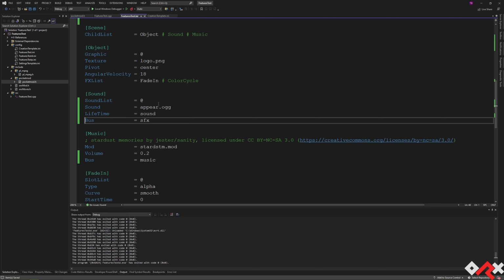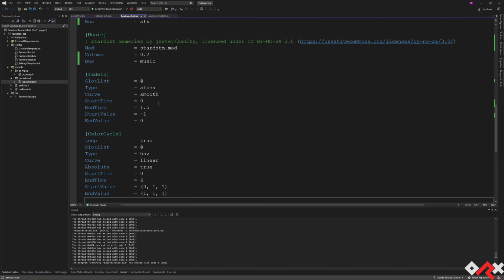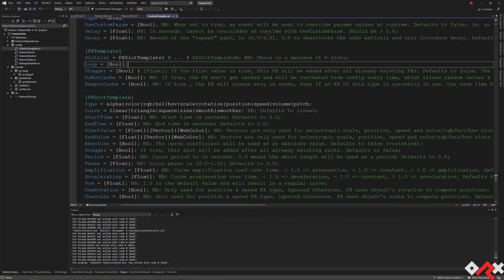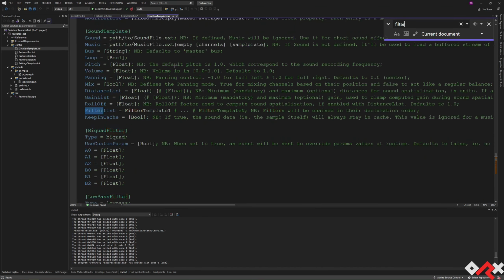If there are no questions, we are going to move on to filters. And that's where it gets a bit more fun. People that know a bit more about audio than me would do more creative stuff, but I'm going to demonstrate very simple things. If we go here and look for filter, we can see that now on the sound we can apply a list of filters, and it's the same as